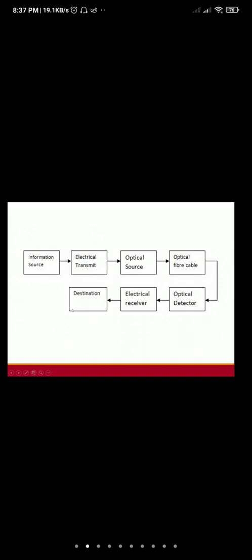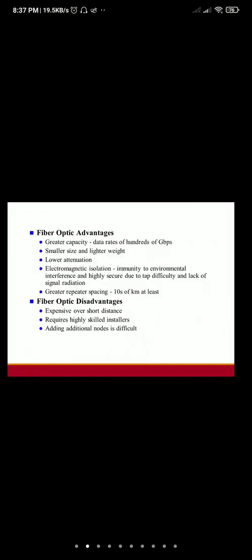So conversion lang po ito ng voltage and current into light, into voltage and current. Okay, that's the basic block diagram for the optical fiber communication. So advantages and disadvantages in summary, it has greater capacity and high bandwidth. It is smaller in size and lighter weight, and it has low attenuation. There is electromagnetic isolation or immunity to environmental interference, and highly secure due to tap difficulty and lack of signal